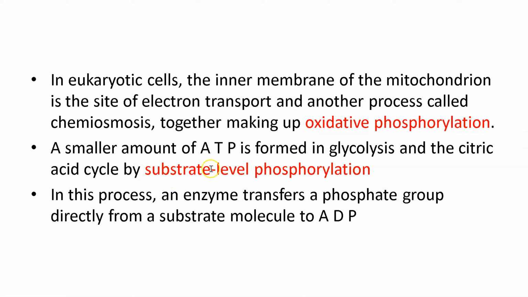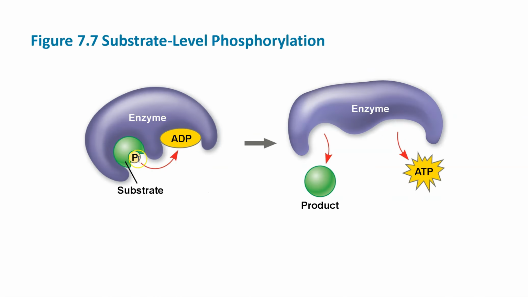Okay, a smaller amount of ATP is formed in substrate level phosphorylation, which you might be like, what in the world? What are the differences? I mean, phosphorylation is adding a phosphate. I get that, teach. But what's the difference between substrate level and oxidative? Well, let me show you. Oxidative involves chemiosmosis, ATP synthase, and the electron transport chain. Substrate level is when you have your substrate and ADP, you take the phosphate from the substrate and directly add it to the ADP, thus creating ATP, and enzymes do that. That's just an example there, okay?